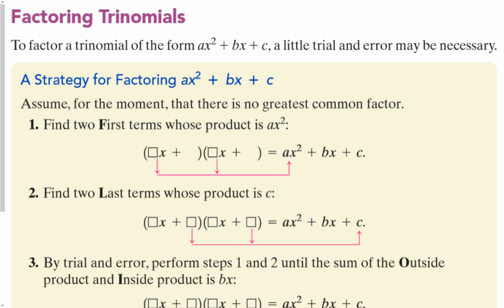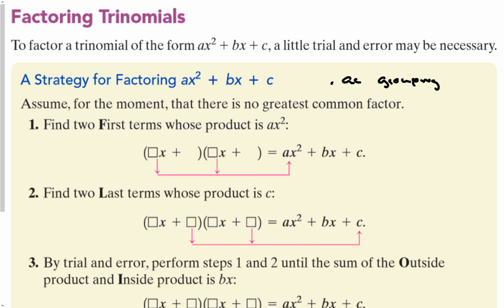Next, we are going to factor trinomials. Okay? The main way to factor trinomials is with trial and error, guess and check. Okay? I'll also go through something called the AC grouping method. Okay? So we'll get to this in a second, but first, a general strategy for factoring ax squared plus bx plus c